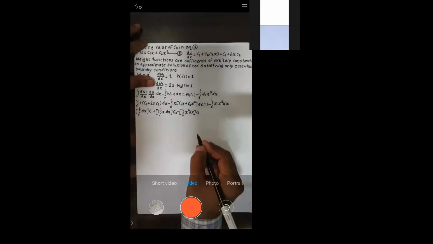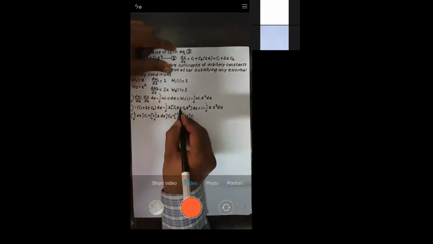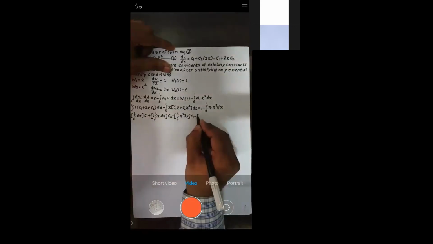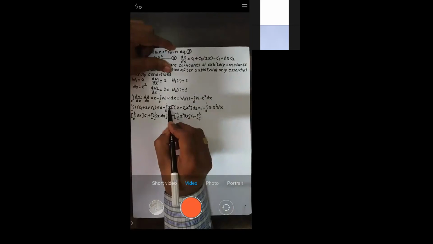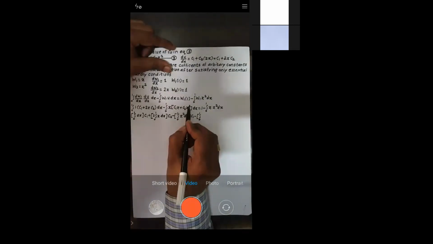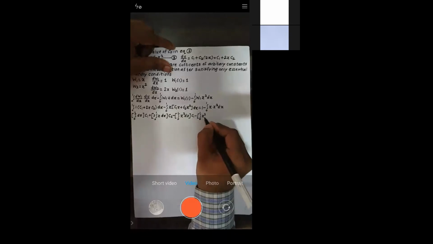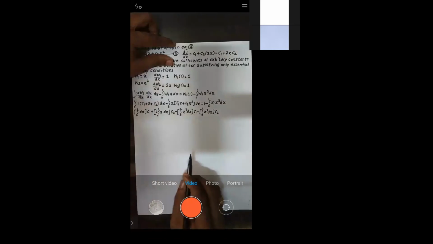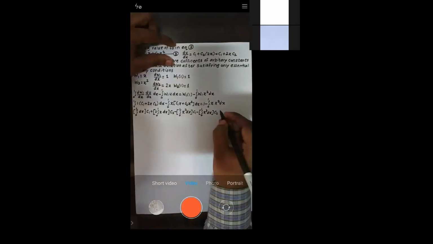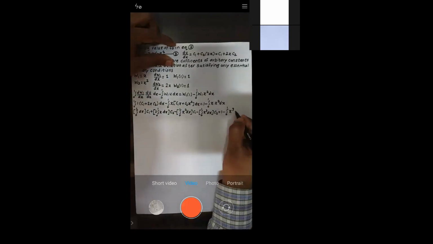Next, again this minus and this plus, this becomes minus. Again integration 0 to 1, minus integration 0 to 1, this x into this x square becomes x cube. So this is x cube dx c2. Yes or no? Is it okay? Let me know, is it okay or not? So it is equal to 1 minus 0 to 1, this is x cube dx.